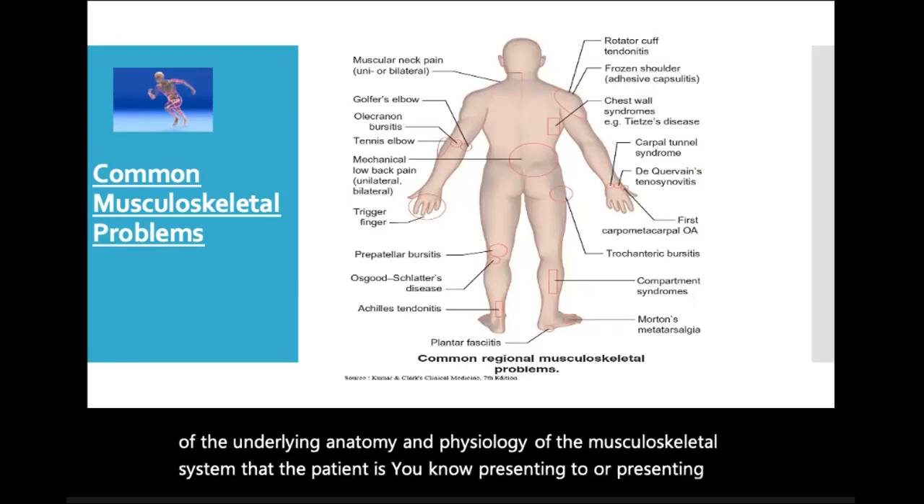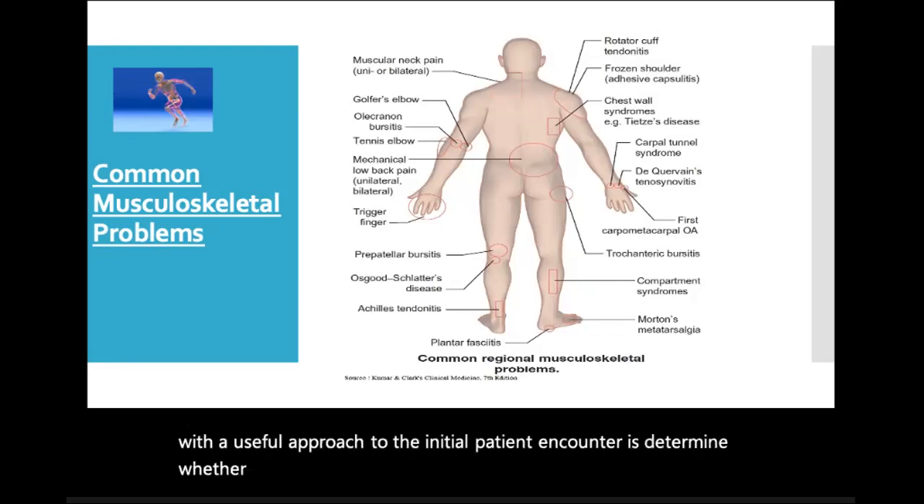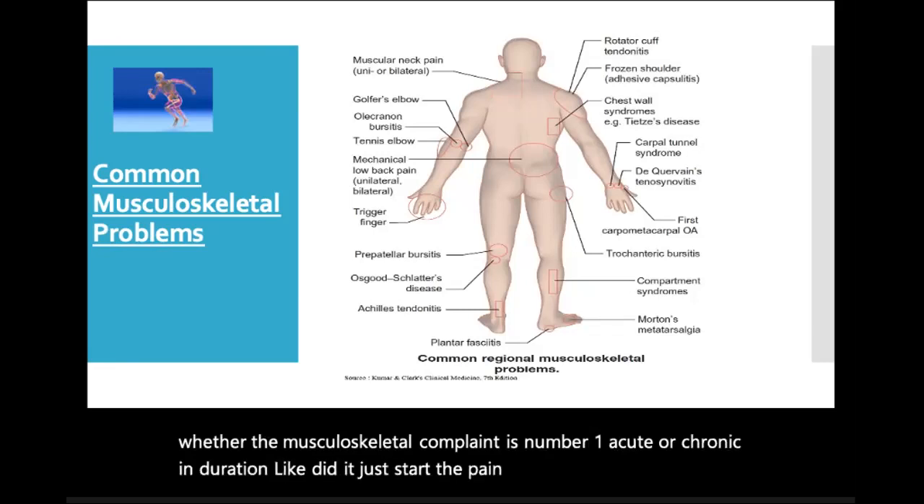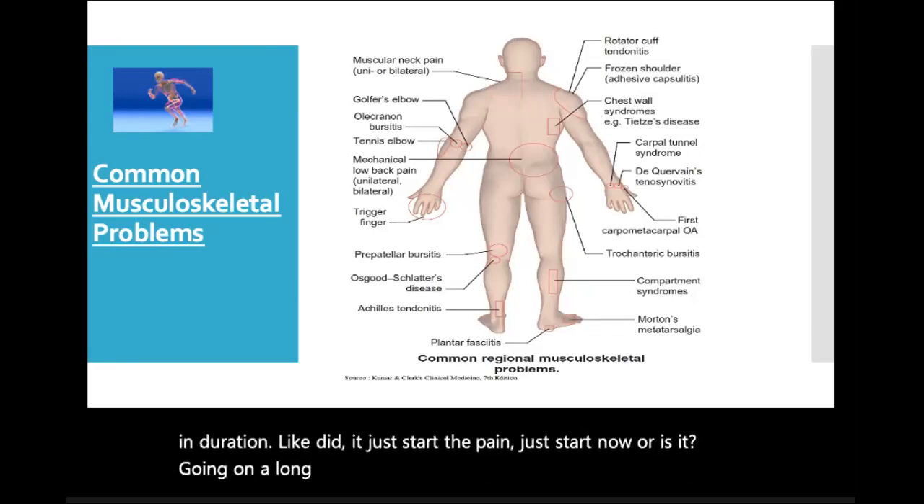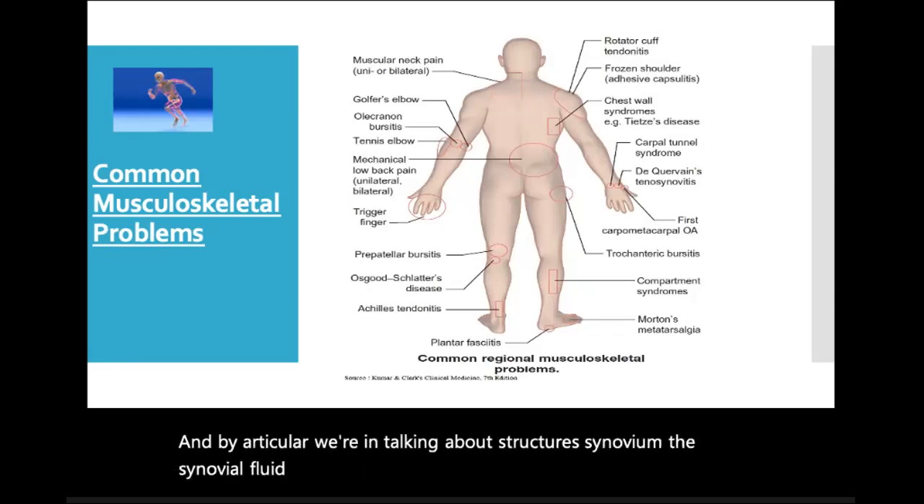A useful approach to the initial patient encounter is to determine whether the musculoskeletal complaint is, number one, acute or chronic in duration. Like, did the pain just start now, or has it been going on a long time? Is it articular or non-articular in origin? And by articular, we're talking about structures like the synovium, the synovial fluid, articular cartilage, intra-articular ligaments, joint capsule, and